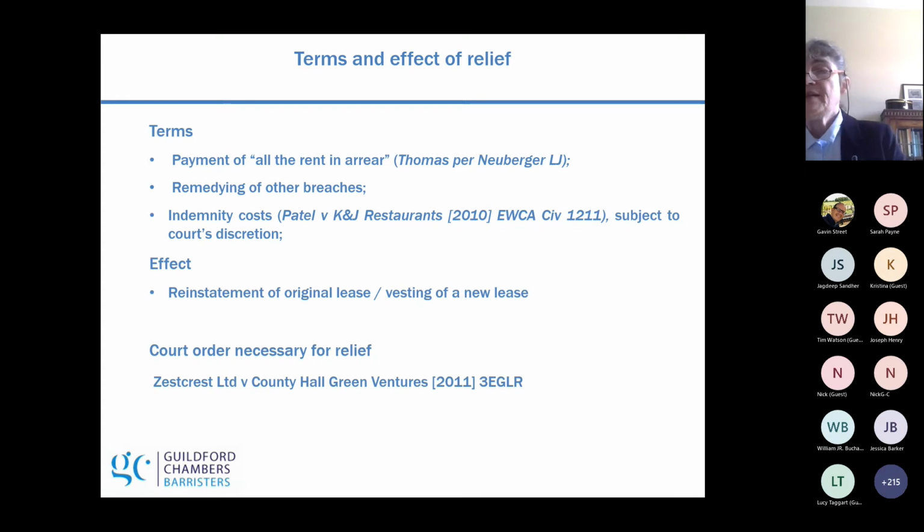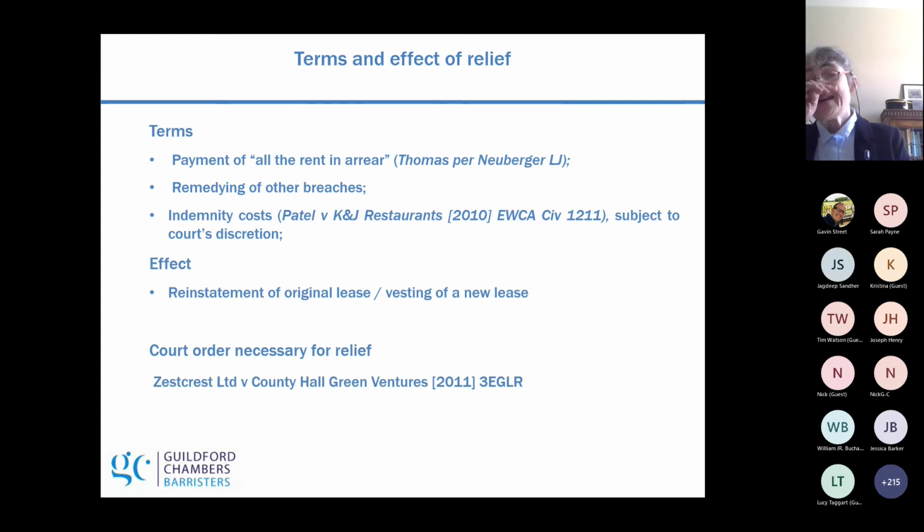What must be done for relief to be granted? Well, as far as payment of the rent, this might seem obvious, where section 138(3) of the County Courts Act specifies payment of all the rent in arrear, and section 212 of the Common Law Procedure Act states all the rent and arrears. But the Court of Appeal in Thomas and Ken Thomas, albeit that this was obiter, stated that those phrases mean all the arrears in respect of which the landlord could rely to effect a forfeiture. In other words, the tenant should not be required as a condition of relief to pay any sum for which the right to forfeit has been waived.